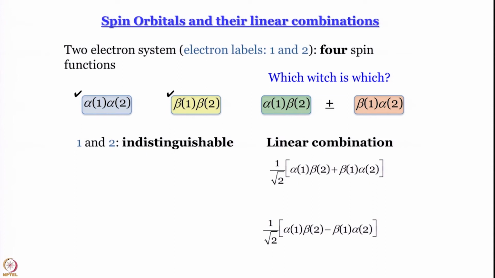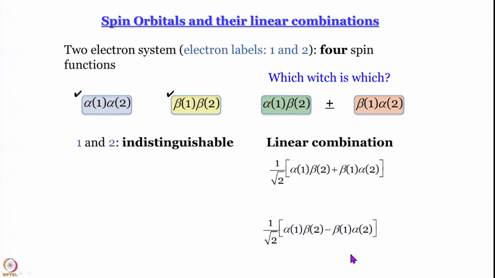Anyway, so what is the significance of this plus and minus? At this point nothing. Significance is there, profound significance is there, we will come to that. But at this point we are just combining the two terms using plus or minus, the two terms which say that one of the electrons has alpha spin and the other one has beta spin. Okay. I can say that using plus or minus, there is no reason at least now to discard one in favor of the other. So, we write both.